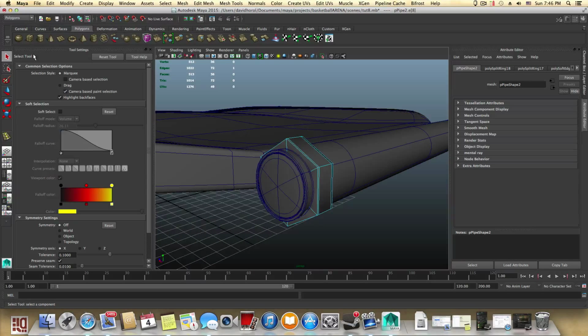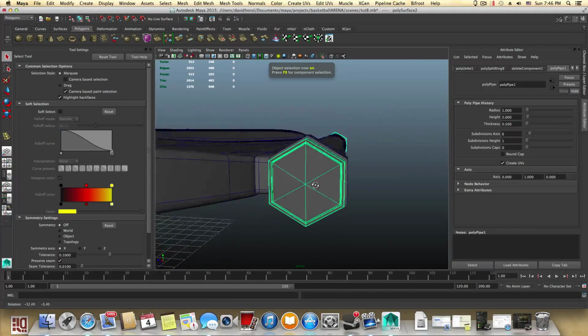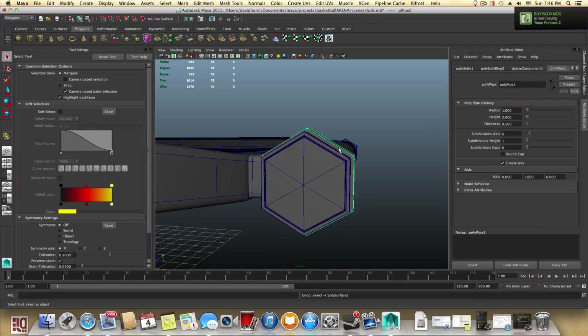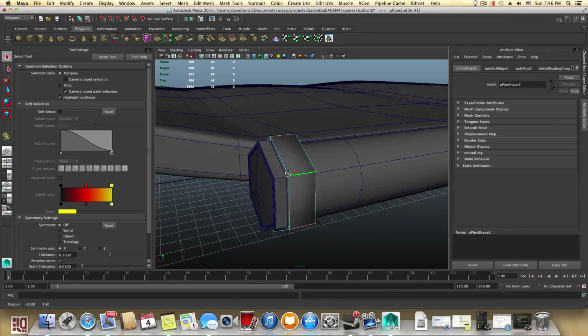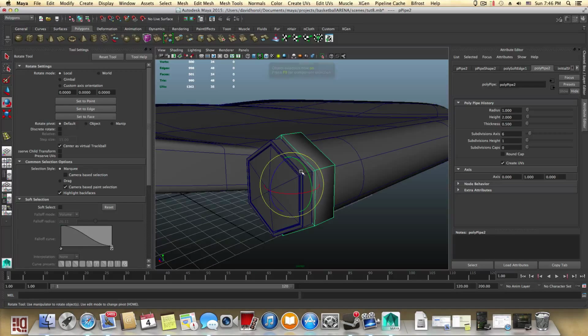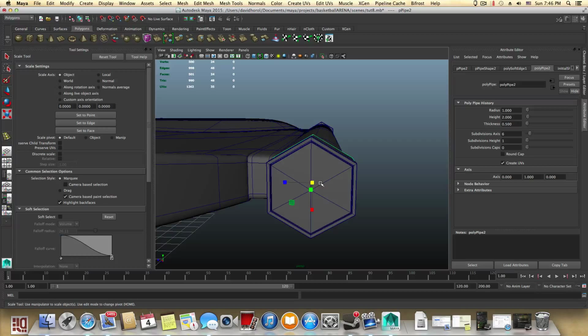Maybe I will simply press 1 and take a look at this. So yeah, it's a little bit bigger. So I will undo those 2 edge loops because I don't want to add them just now, but later on. So I'll squeeze this and make sure that,